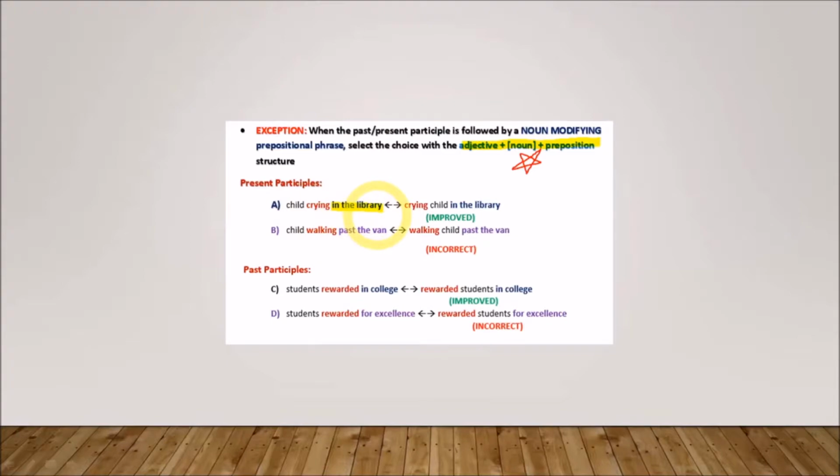Child crying in the library. The prepositional phrase in the library modifies the noun child, and therefore, because there's a noun modifying prepositional phrase after the participle, we can move the participle before the noun to make it an adjective. And crying child in the library works very well. Moving the participle before the noun moves the noun closer to the prepositional phrase that modifies it,